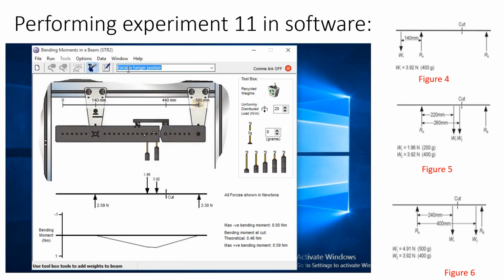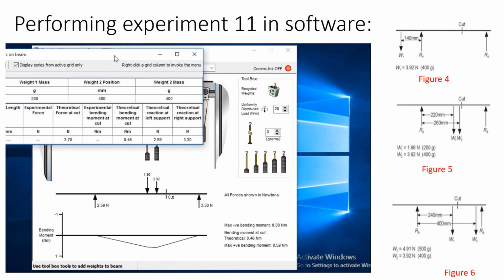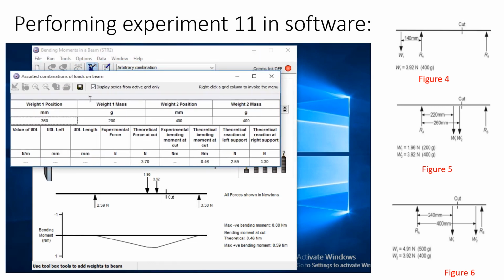Okay, you can see, select here from variable UDL position or arbitrary combination you can try. Now you will record this data. You can see here for the weight one position, the distance, and the mass, and weight 2 mass is 400 gram, weight 2 position is 400 millimeter, and weight 1 W1 is 200 gram and distance is 360 millimeter.